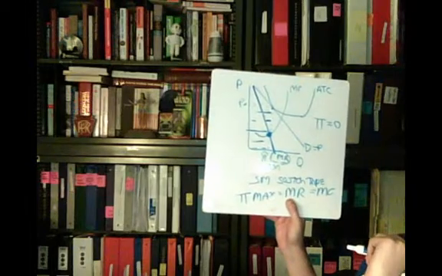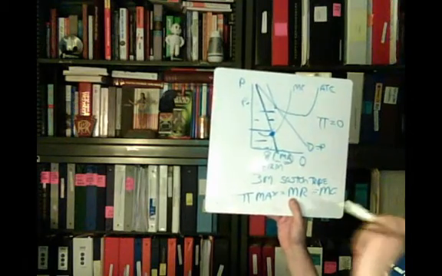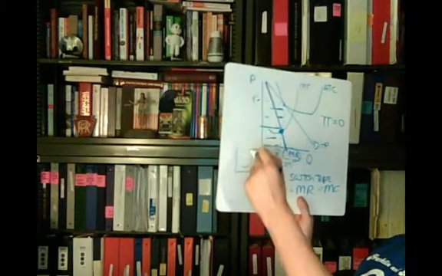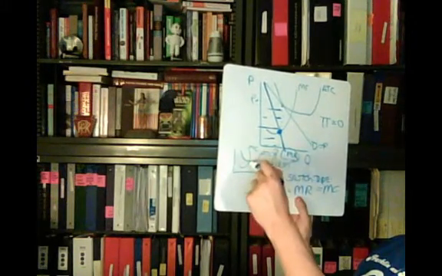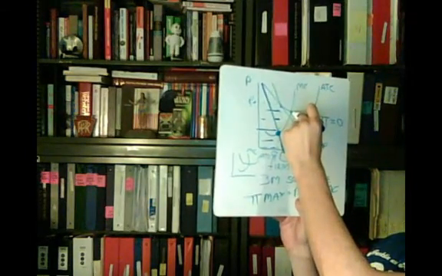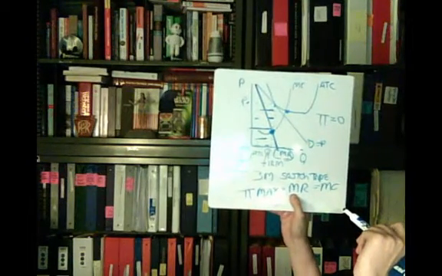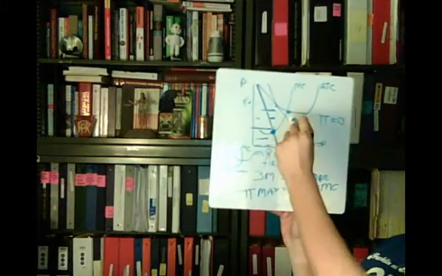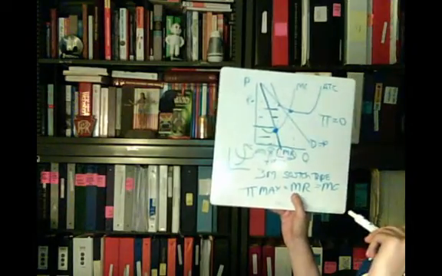Now, one thing to take note of is that it's not at the lowest point of the ATC curve, because in fact you know that mathematically speaking, ATC is at its lowest point when it intersects the MC curve. So if I'd drawn this accurately, that would be something like right there. This is what's known as the excess capacity theorem. This fact that the firm isn't producing way out here. Firms face no incentive to produce where average total costs are lowest, unlike the perfectly competitive firm.